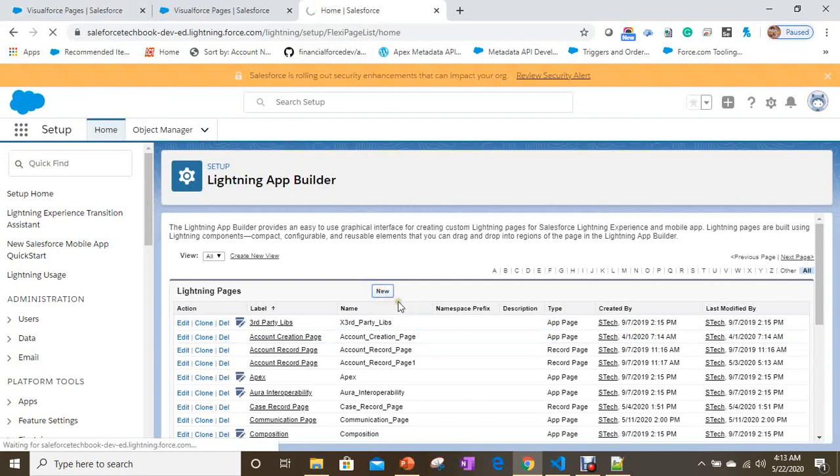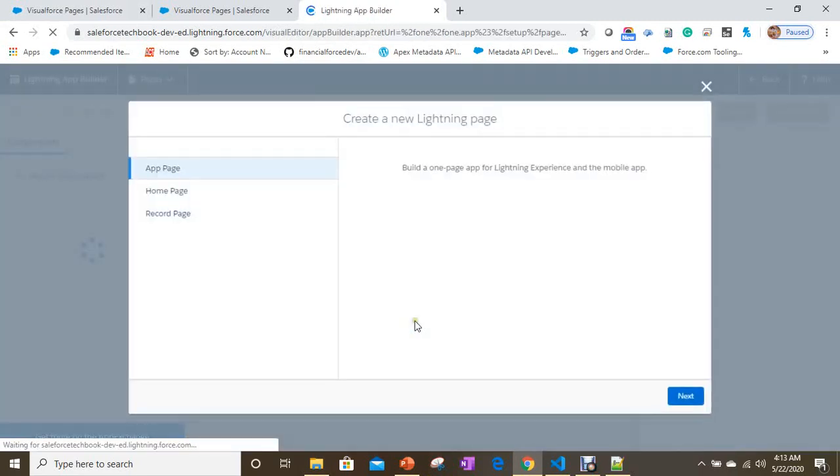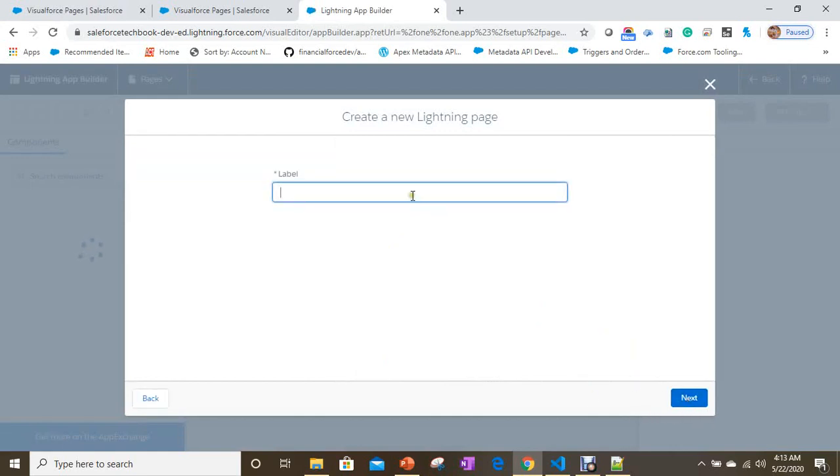I'm creating an app page, LMS Lightning message VF example.